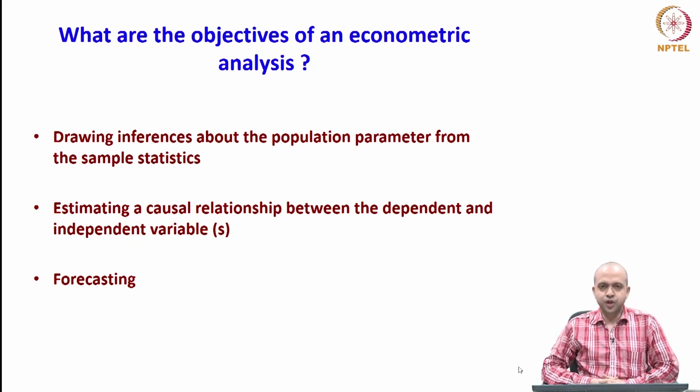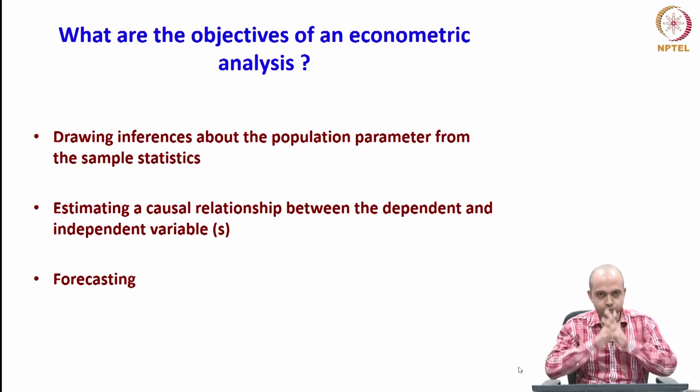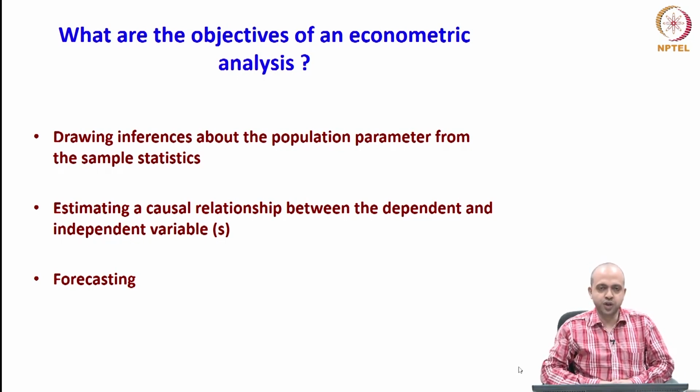And then we are also going to establish some kind of causal relationship between the dependent and independent variable. In this example, the causal relationship between income and consumption is also something we are trying to establish through econometric analysis. And then lastly, econometric analysis helps us with forecasting, and